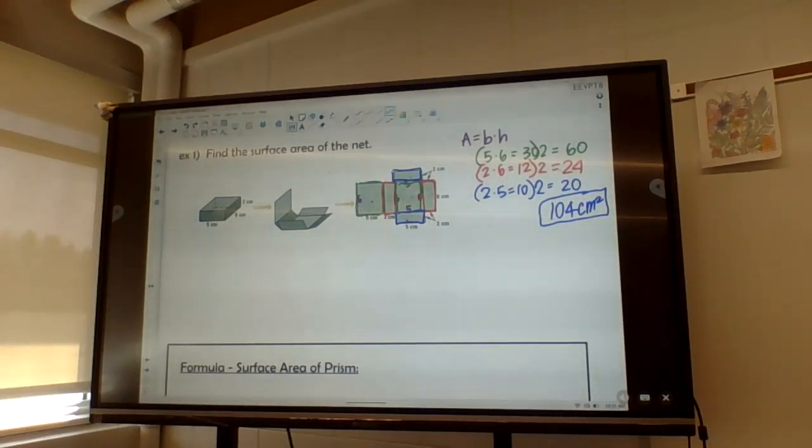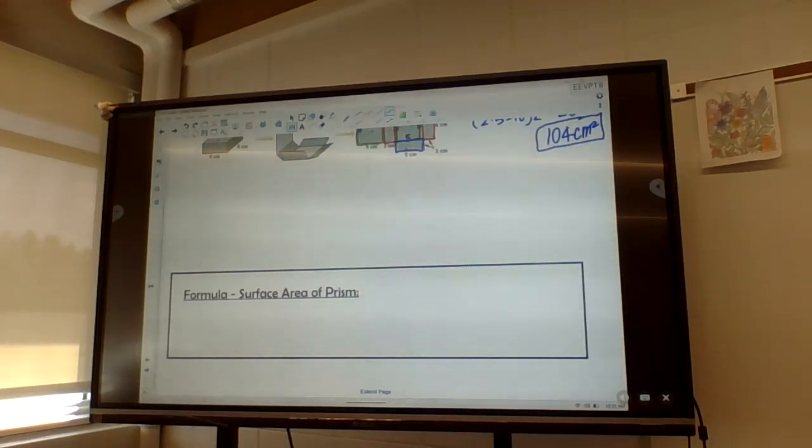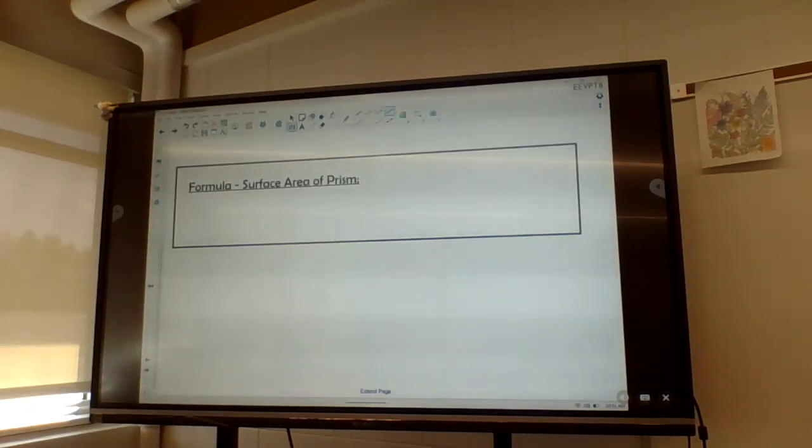Okay? So we're going to talk about our surface area formula, which again bypasses this. If it's a net, it works pretty easily to do that. But our surface area of our prism,